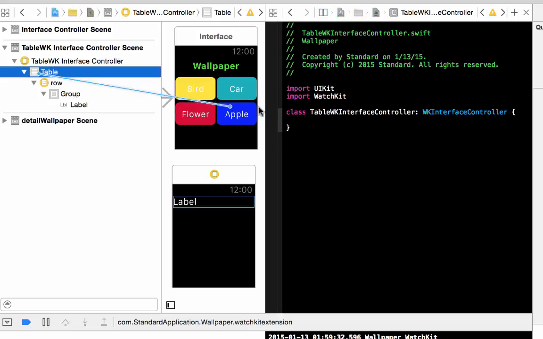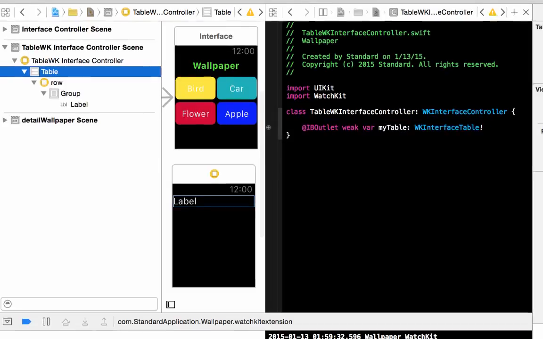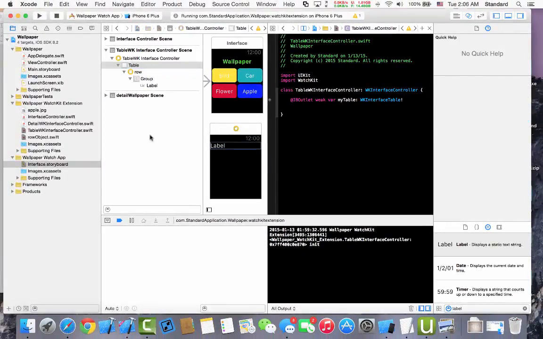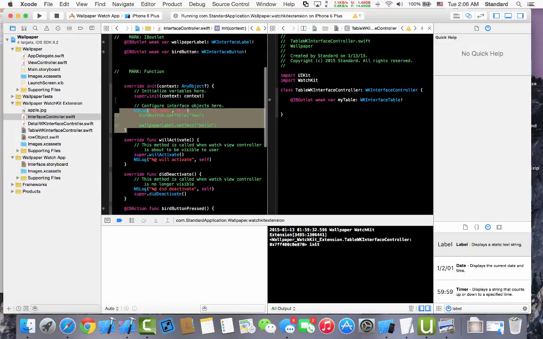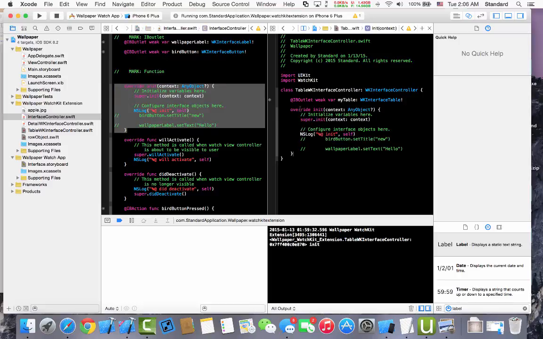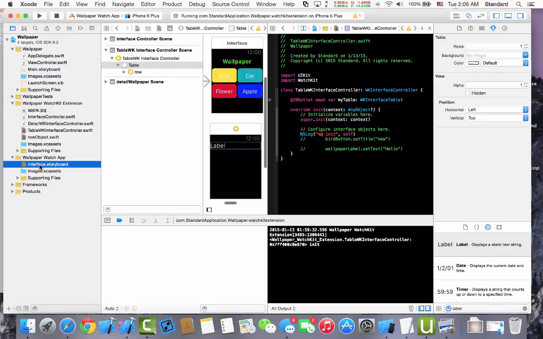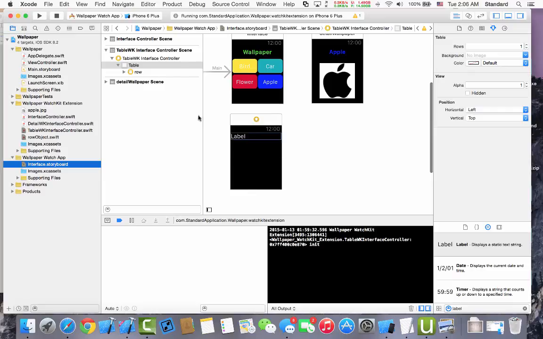Now we keep the table in here. My table. Okay. Now we can copy the init function in the interface controller to here. Okay, so you can see here's our interface of table with row, and for showing up the data of the